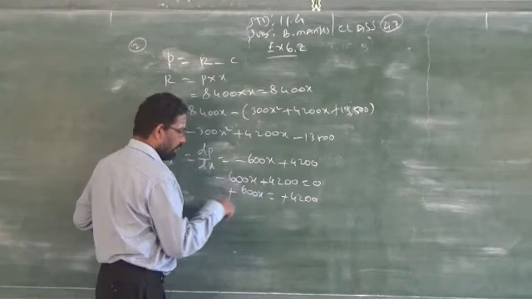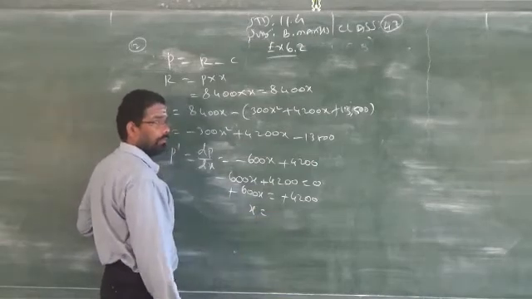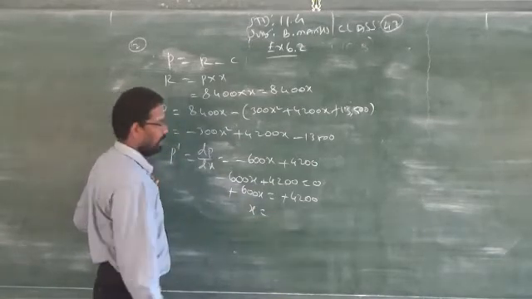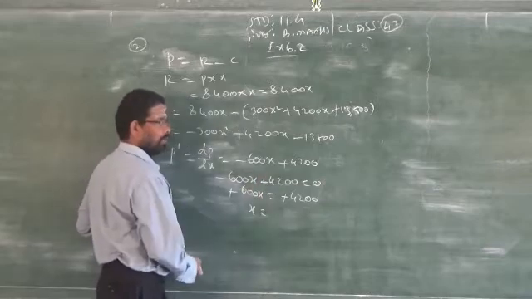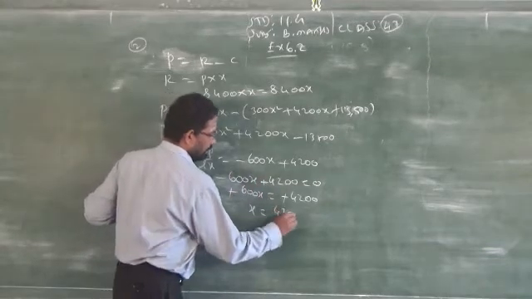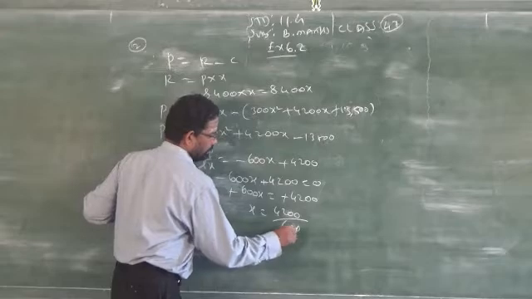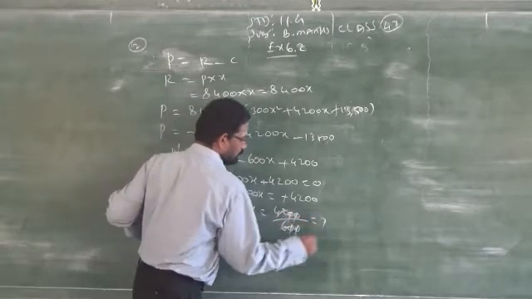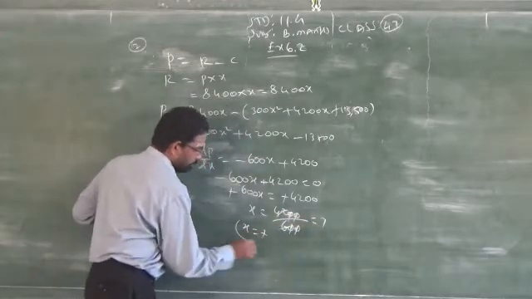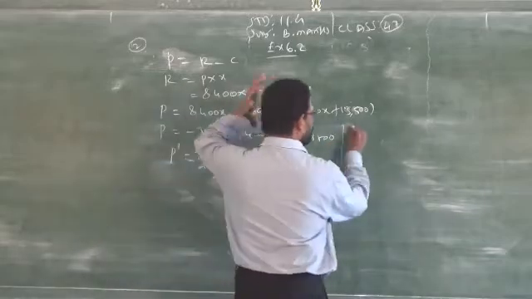Sometimes you have a quadratic format. If it is quadratic format, you have to factorize and write. But here there is no quadratic format, so you can straight away divide by 600. You will get 6 7s are 42. I got only answer 7. Clear? Now you will go for the number line.